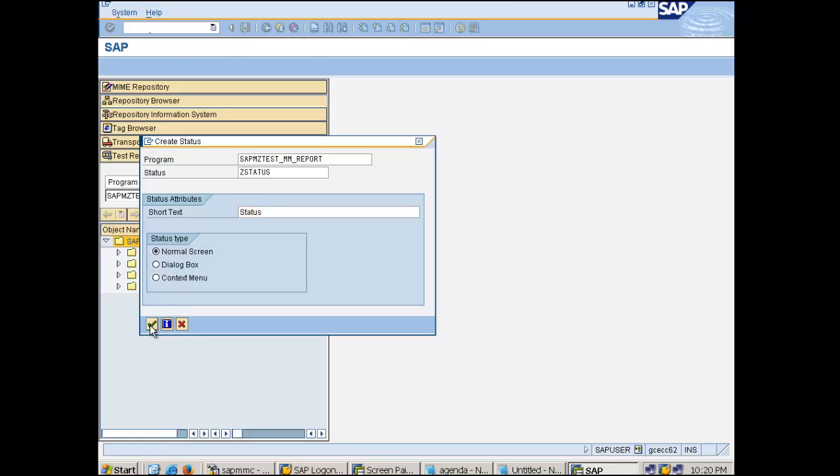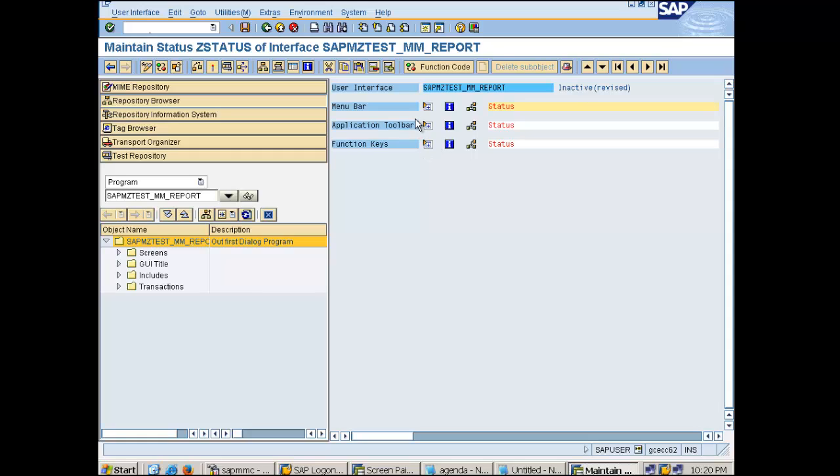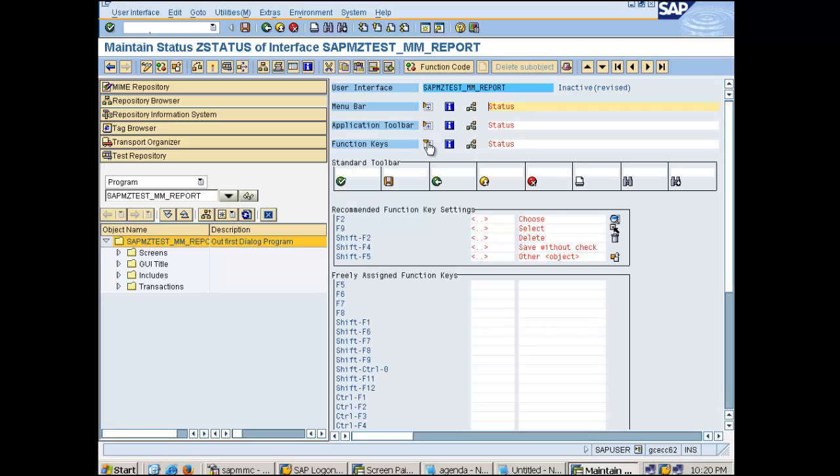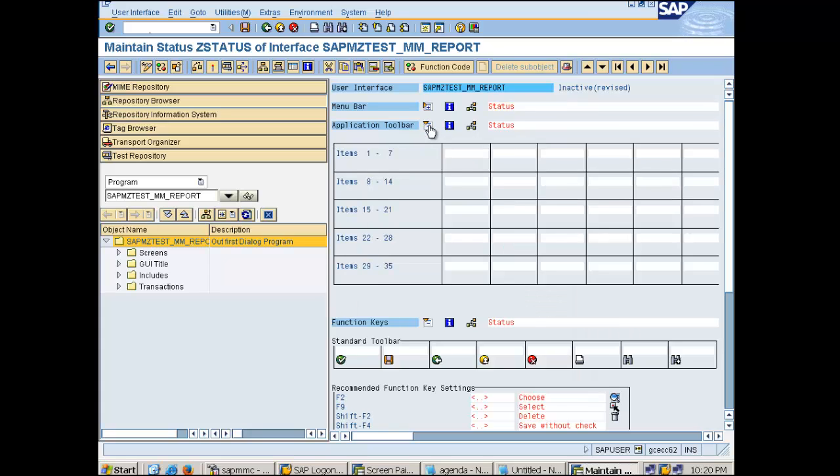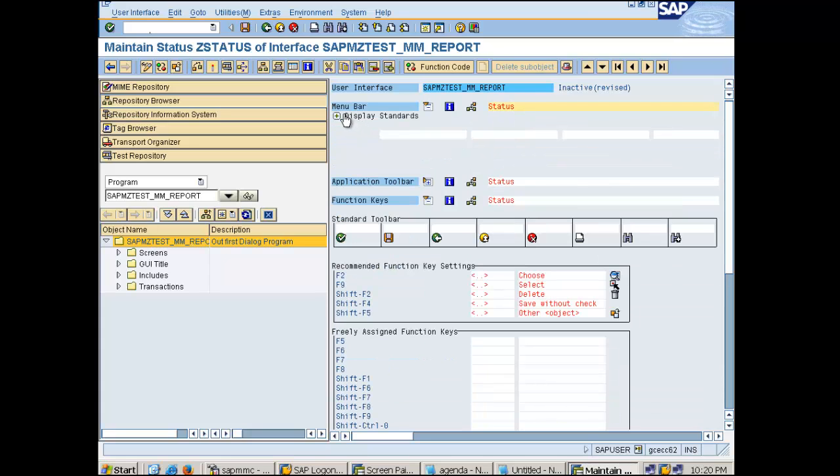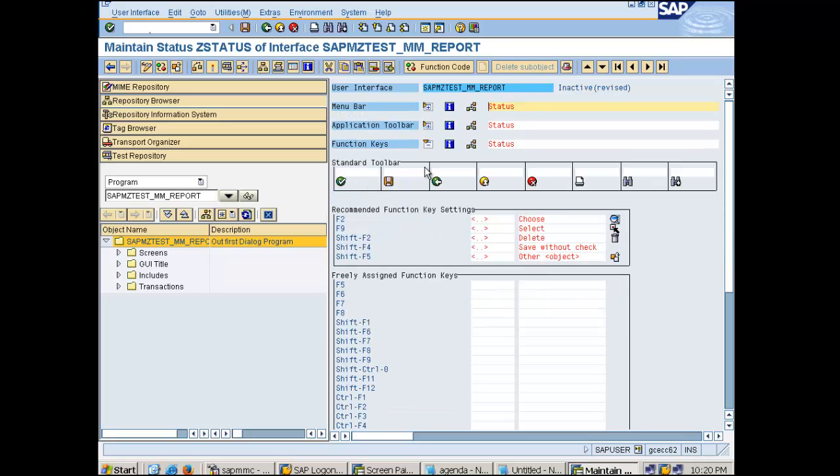So you will see option like this, which will contain your main menu bar, application toolbar, and function keys. Function keys basically F1, F2, where you want to define the functionality. Application toolbar and menu bar, basically the menu and all. First of all, we are going to talk about the standard toolbar. This is our execute button, so we denote it like ENTR. So this is basically the SY-UCOMM we are entering here. So generally in debugging you will see the value of SY-UCOMM. We are providing the value here, ENTR for this, SAVE for this floppy button,